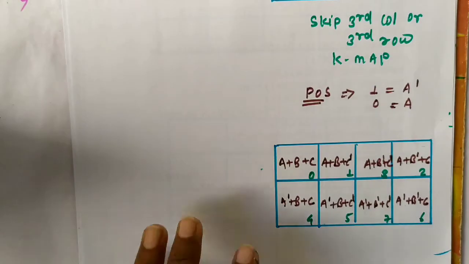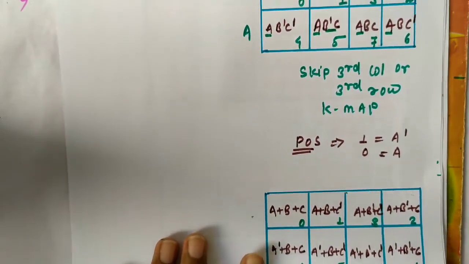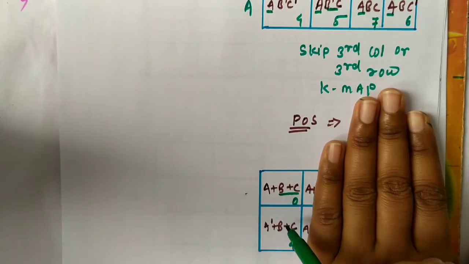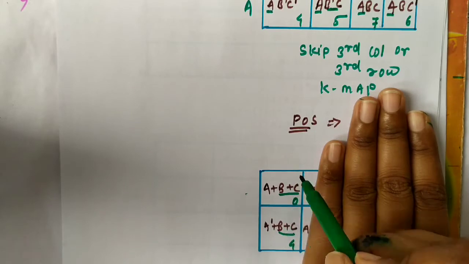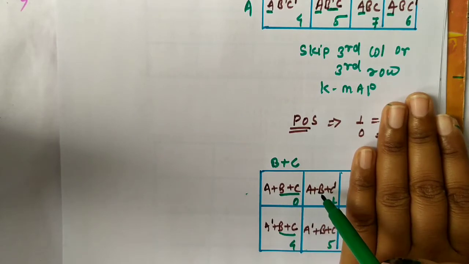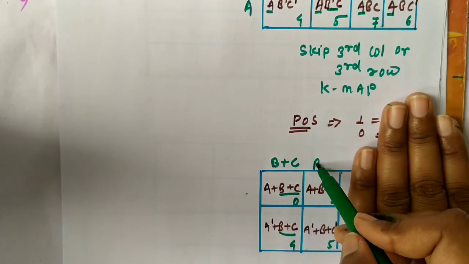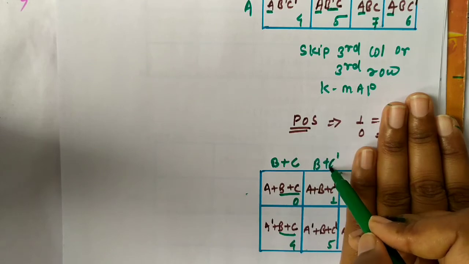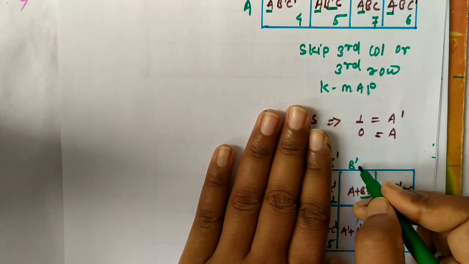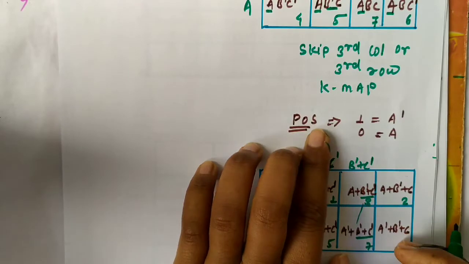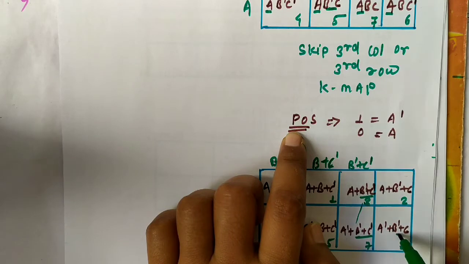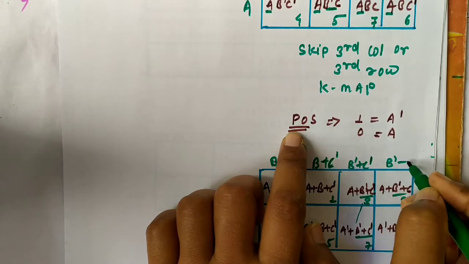So let's take the common value. For the row, which one is common? There is b or c. In those columns, b plus c is common. So we have to write b plus c. And the next, b plus c dash. So here we write b plus c dash. Next one is b dash plus c dash. Next one is here, a plus b dash plus c. Here b dash plus c. This one is common.